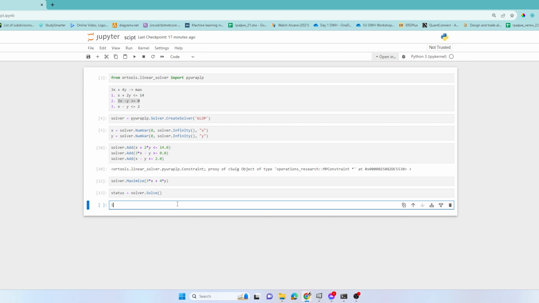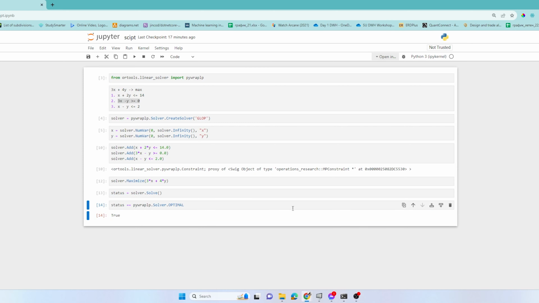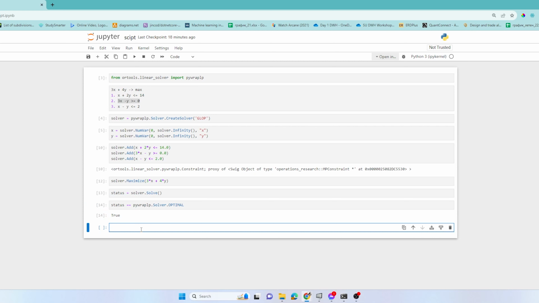Now we can do a check if our status is equal to optimal. So pywraplp.Solver.OPTIMAL. It should be all capital. Yep. This is like a status. I can do an if, but I can just go with this. It's true. That's super cool. And yes, we can basically take the objective value, the solution value, and so on. How to do this? It's super simple. To get the objective value, you just go with